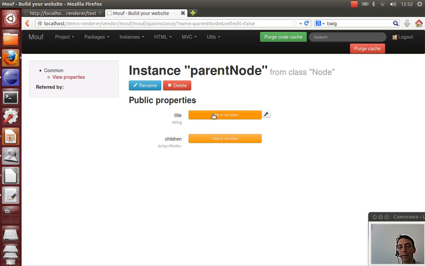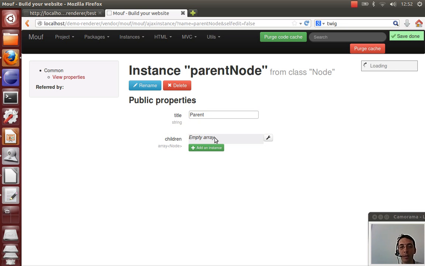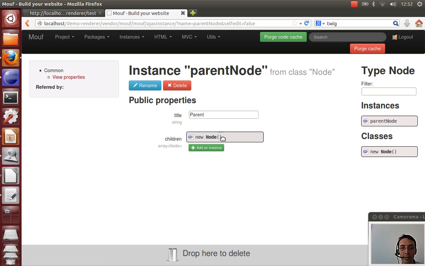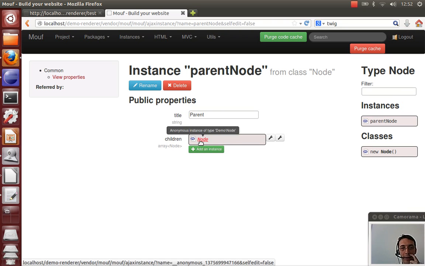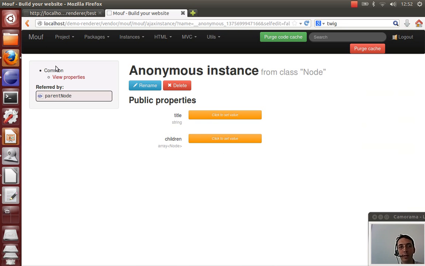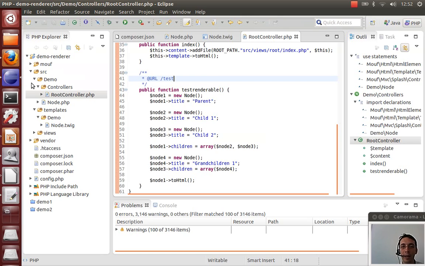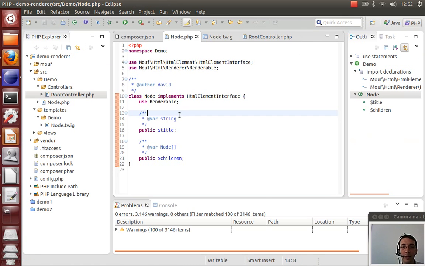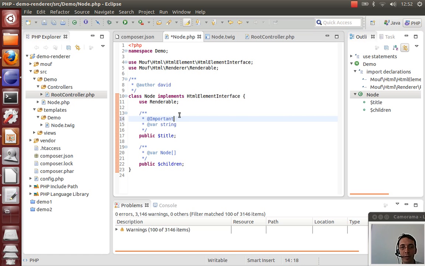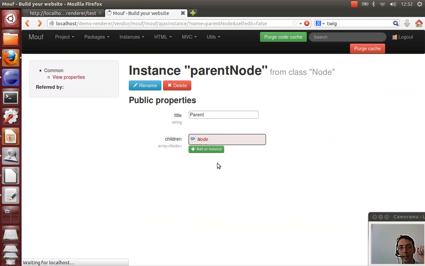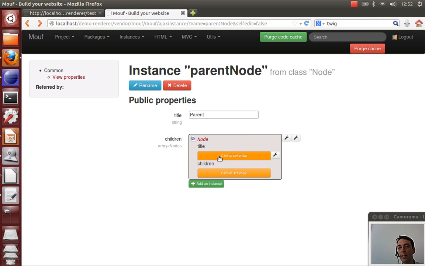And here I've got a property, so let's call it parent. And here I can put a bunch of children, so well, I'm gonna add another children. Here, as you see, I need to click on the node to edit the properties. I'm going to show you a nice Mouf feature. It has nothing to do with the renderers, but anyway. It's an annotation. It's @Important. If I add the important annotation here, and I refresh, what you can see is that I can directly edit the properties in the children, which is nice because it renders well